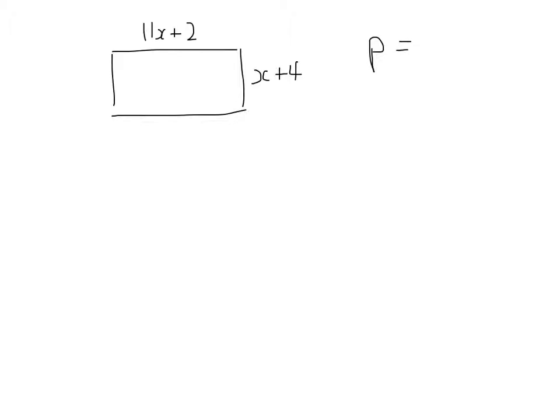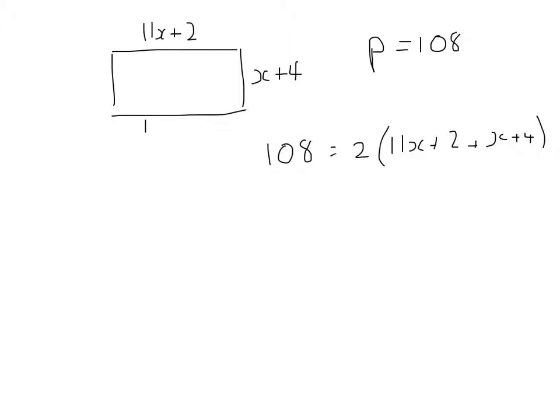The next one that we have is a rectangle. And we have 11x plus 2 on this side and x plus 4 on this side. All dimensions are in centimetres, and the perimeter is equal to 108. So the perimeter, 108, will be equal to 2 lots of 11x plus 2 plus x plus 4,